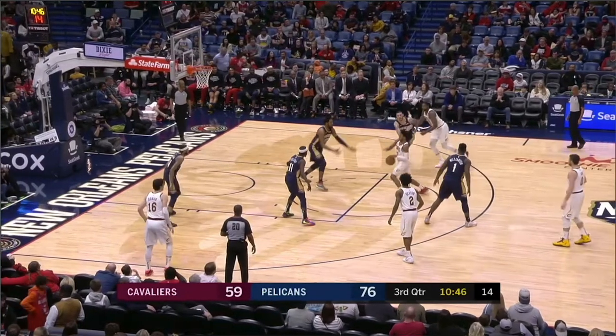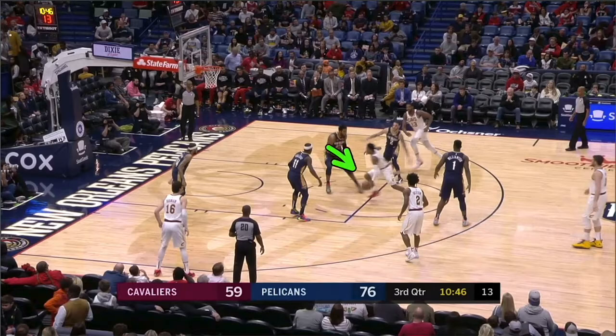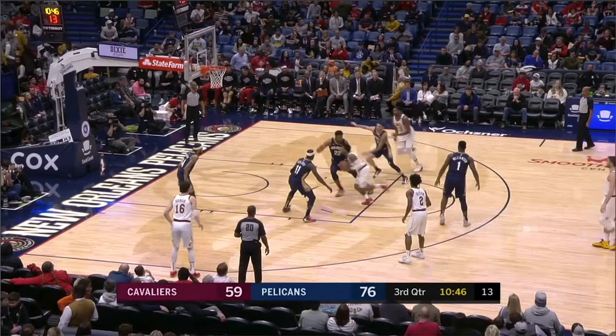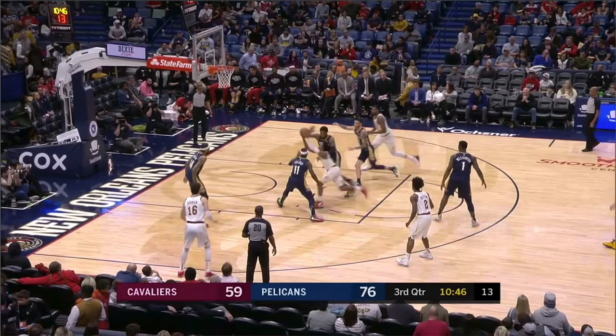Look at this. So the big commits now. See how the big commits towards the basketball? Now we got to try and hit Tristan Thompson right here. Tristan Thompson's got to be rolling harder again. But look at this. Like right here, you know Tristan Thompson's going to be open. Lonzo Ball is initially going towards the ball. So right here, try and get this ball to Tristan Thompson. Now, they don't get the ball to him there.